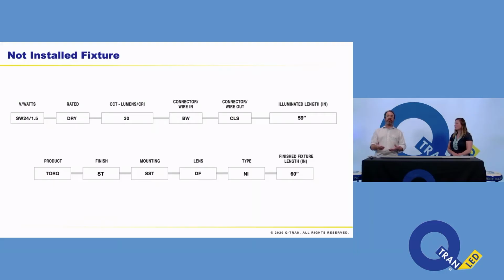So we've looked at the 2 different types, and as you'll see with the finished fixture, we had that 48 was the total length, so there's only one length on the finished fixture. But the not installed, as we talked about, the extrusion will be 1 inch longer than the length of the tape itself. I should also remind you that LEDs have different cut points, so when determining your fixture length, if